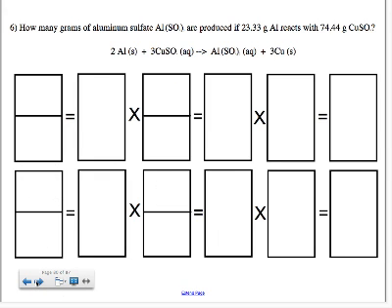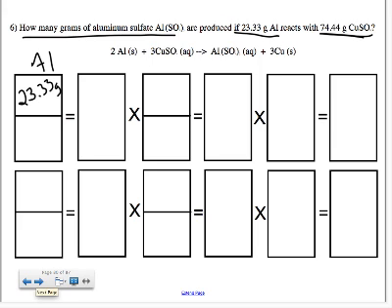All right, now we have a limiting reactant question because we're given not 1 but 2 reactants to work with. So the easiest way to figure out which is going to be the limiting one, which will tell us how many grams of product we're going to get, is just to do the whole thing twice. We're going to start one problem with the 23.3 grams of aluminum. So aluminum is going to be my known. On the bottom, I'm going to use